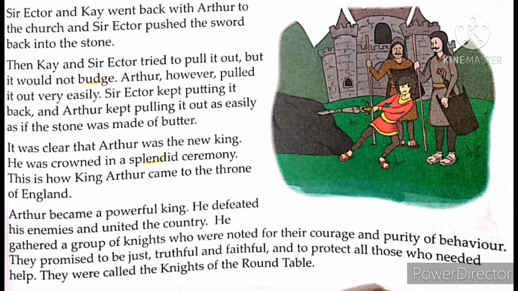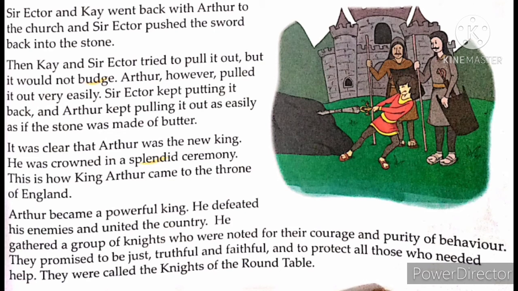Sir Ector kept putting it back, and Arthur kept pulling it out as easily as if the stone was made of butter. Children, now where is the sword? It is again in the stone because Sir Ector put it in the stone. Now Sir Ector and Kay tried to pull it out but they failed. Budge means कि उस sword ने slightly भी move नहीं किया